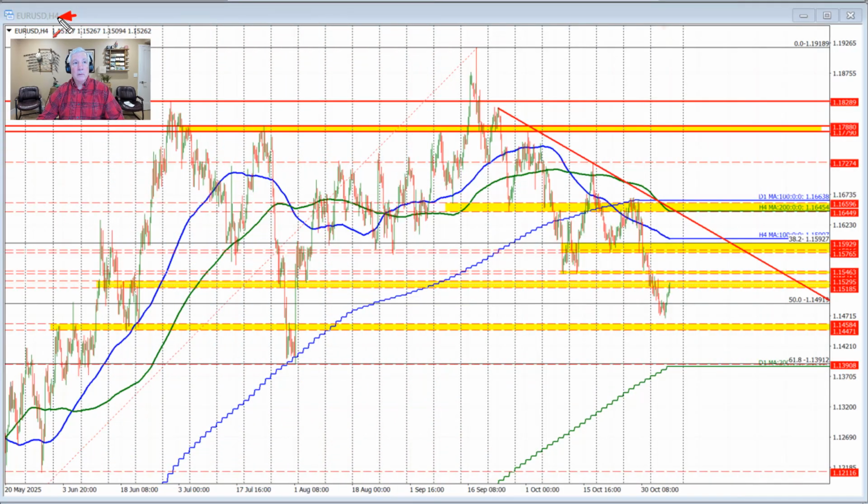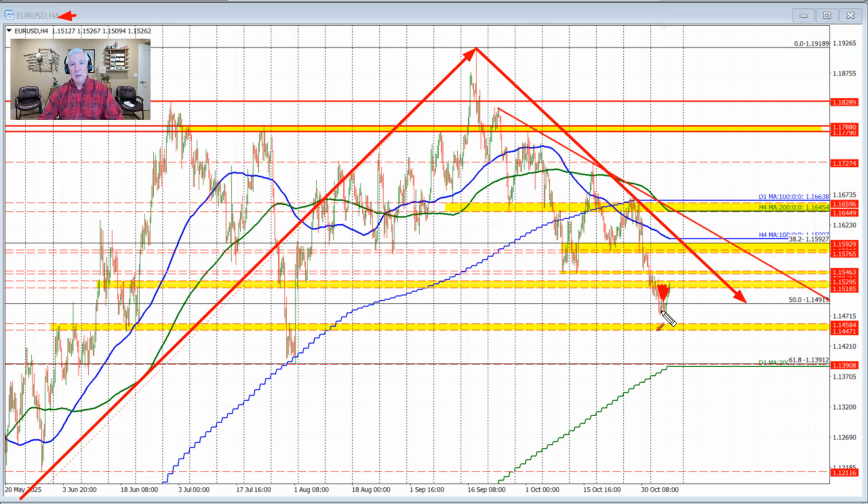Looking at the euro versus US dollar on the 4-hour chart, if I go back to the low in May, it was like May 7th or 8th, and you look at the 50% midpoint of that move, the price fell this week below that 50% retracement level at 1.14919. That was more bearish, and you can see that the rallies up through here during trading yesterday came up toward that 50% retracement and found willing sellers. Yes, the price ticked above those levels, but there was never any momentum, and the price ended up moving to